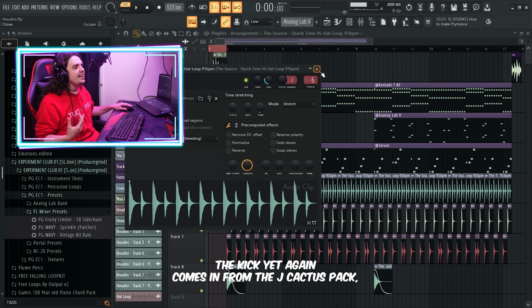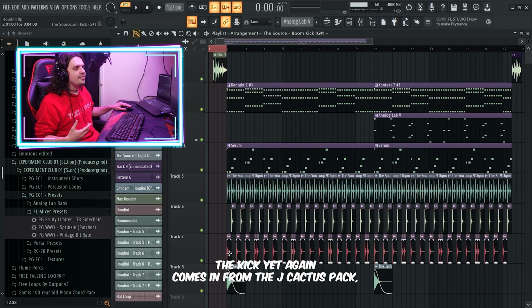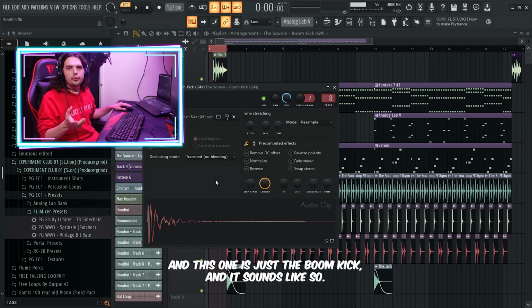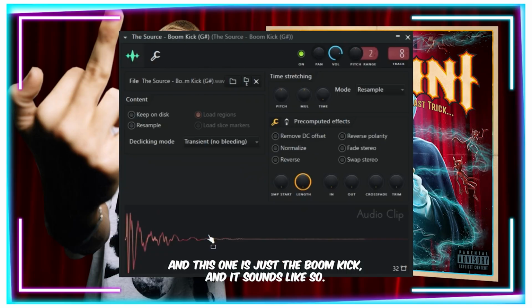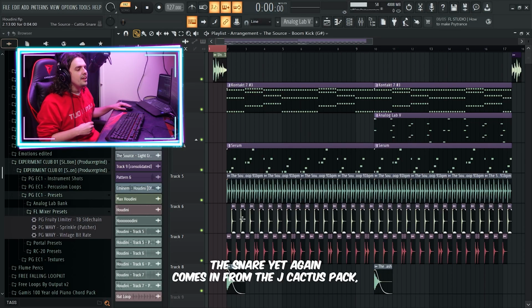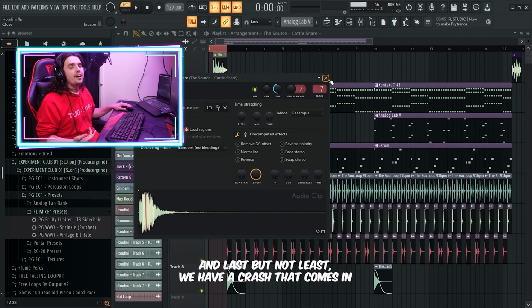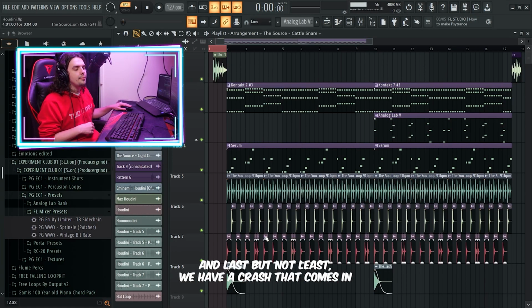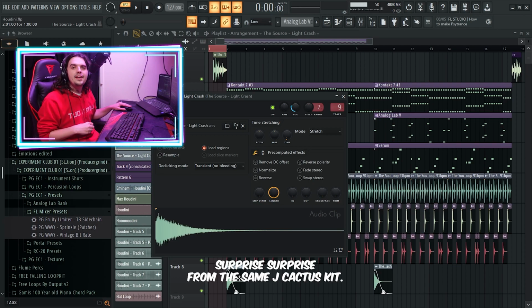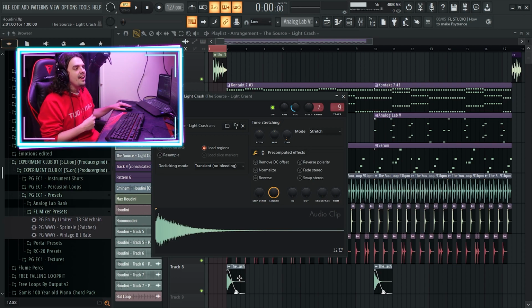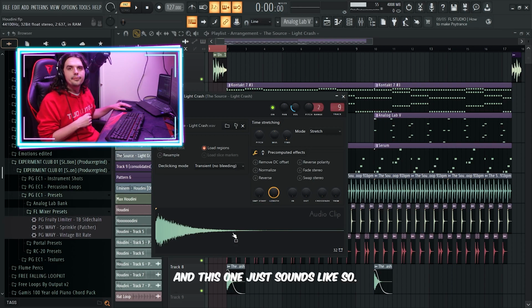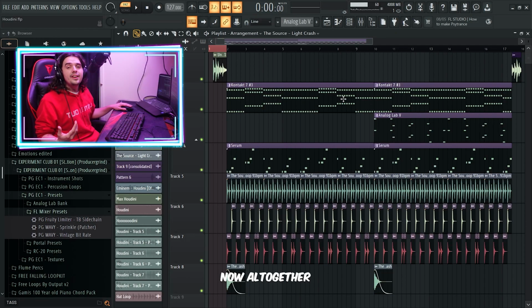The kick, yet again, comes in from the J Cactus pack, and this one is just the boom kick, and it sounds like so. The snare, yet again, comes in from the J Cactus pack, and this one is just the cattle snare. And last but not least, we have a crash that comes in, surprise, surprise, from the same J Cactus kit, and this one just sounds like so. Now, all together,